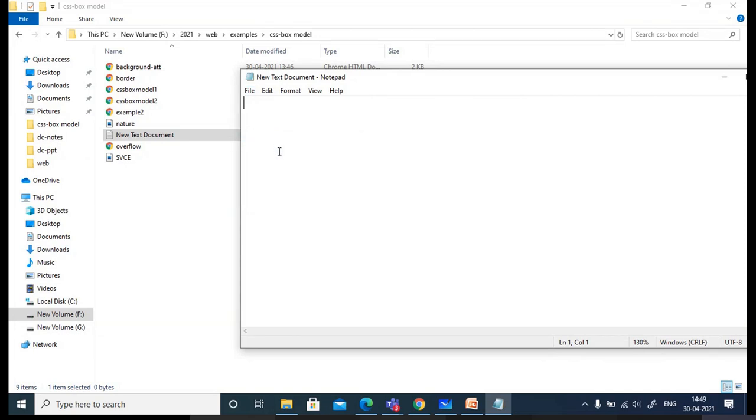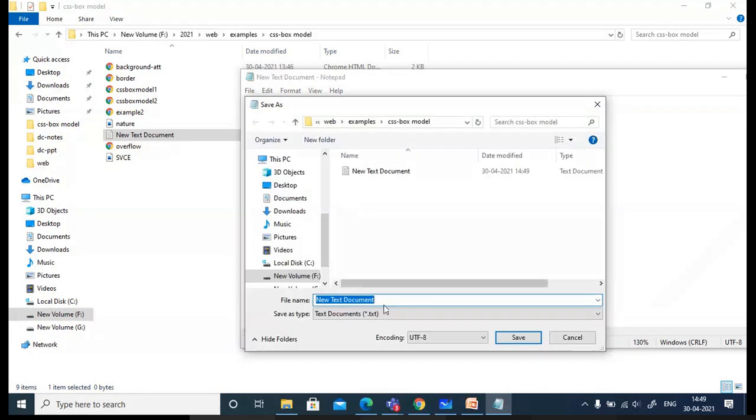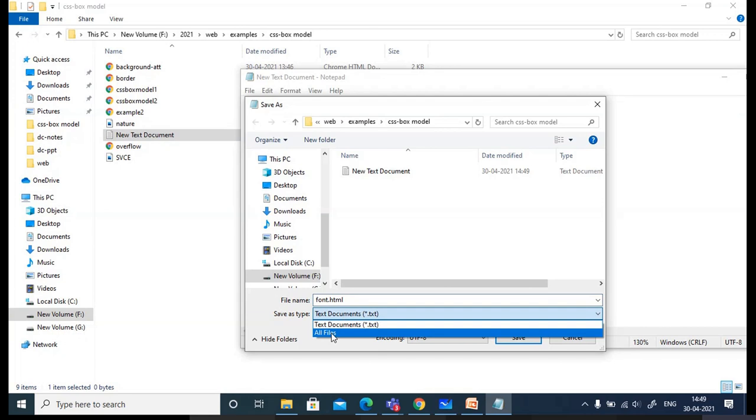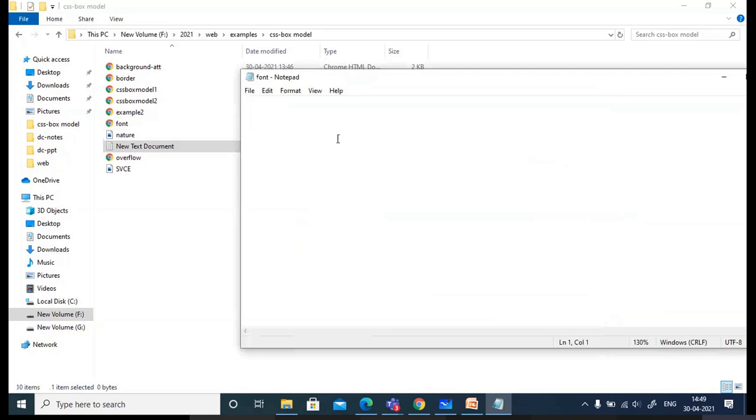Simply don't do save, because if you just save, it is saved as a text file. Go for save as, and here I'll use font.html. Then save as type should be selected as all files, so that it will be stored in HTML format. Okay, save it. Now we'll write a small program that contains all these font styles.